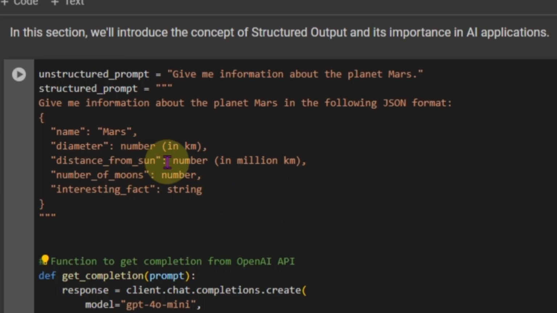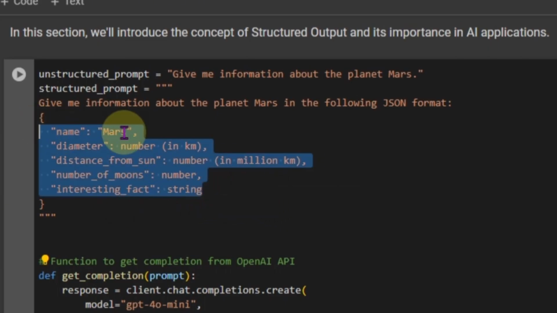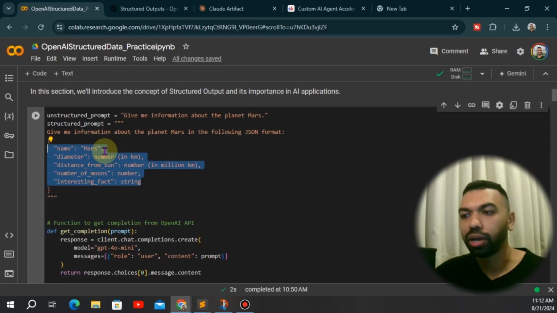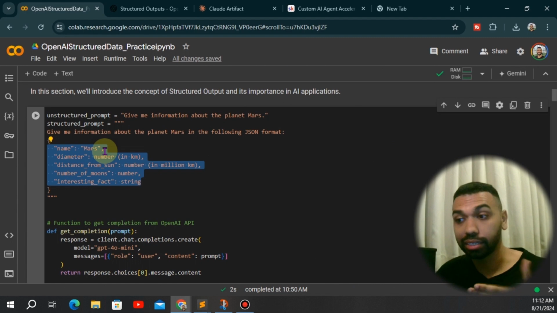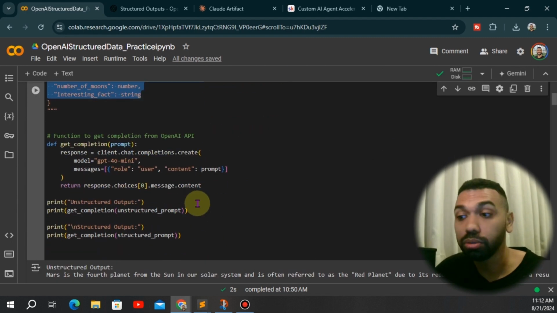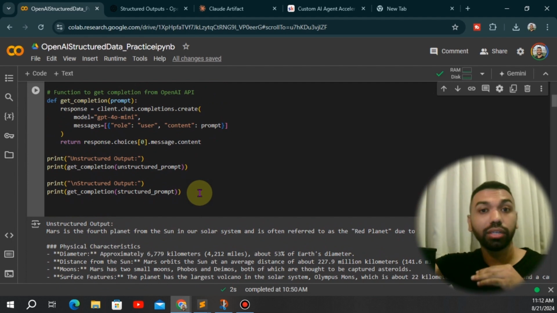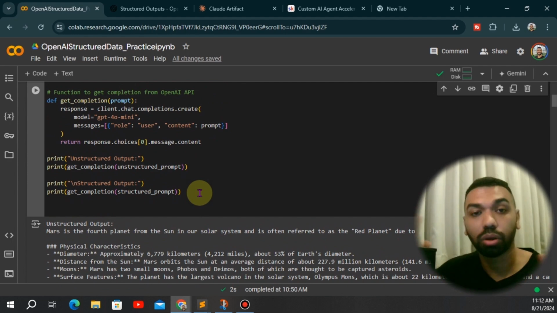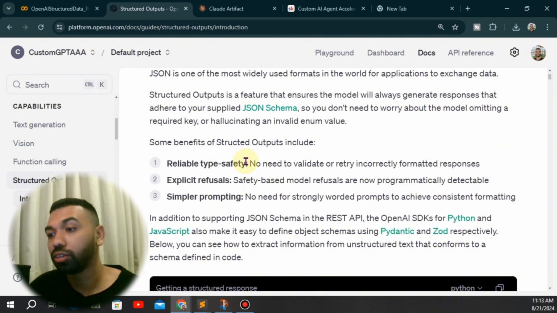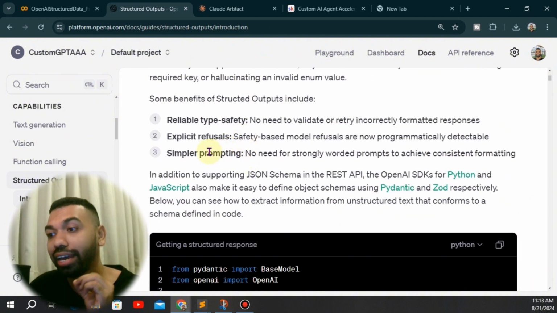So, for example, you want a schema in this format, you want specific data for a table, you want the AI to give you exactly this schema, and it can do so now 100%, and then you can send off that response to either another agent, or a database, or whatever you can think of. The benefits are also reliable type safety, explicit refusals, and simple prompting, with no need for strongly worded prompts to achieve consistent